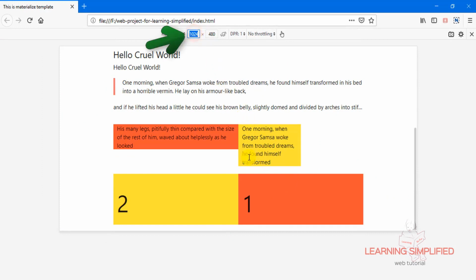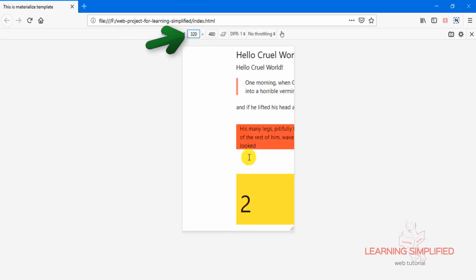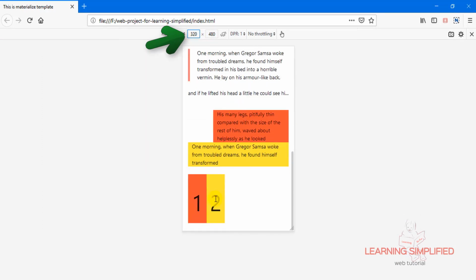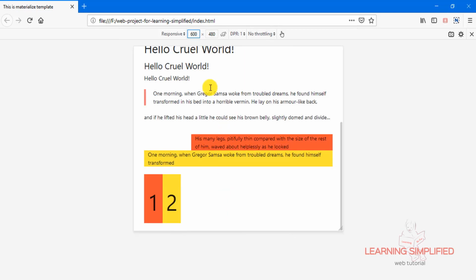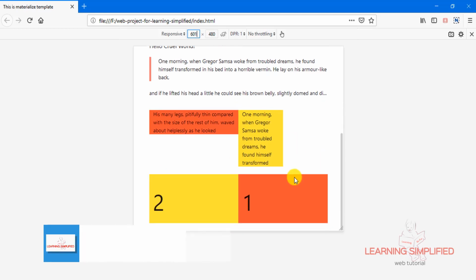But in case of lower device width, we won't be seeing any of these kinds of changes, as you can see that we have not defined this for this lower device width. But in case of this medium device width over here, starting from this medium device width, say it is 600 pixels, sorry, it's not 600, it's 601 pixels, we can see that the exact same thing is being observed over here. There it shows the usage of push and pull classes right in front of our eyes.